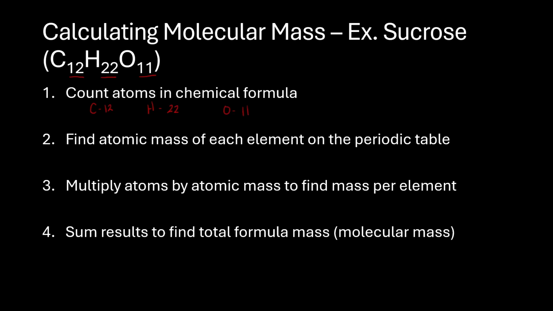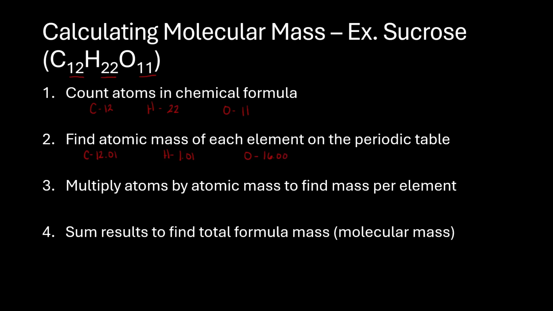And so what we have to do is take this into account when we're trying to figure out the mass of the entire molecule. The next step is going to be to find the atomic mass of each of the elements on the periodic table. This is when you're going to have your periodic tables out next to you when you're doing these problems. If you were to look at the periodic table, you're going to find that carbon has a molar mass of 12.01 grams per mole. Hydrogen has a molar mass of 1.01 grams per mole. And oxygen has a molar mass of